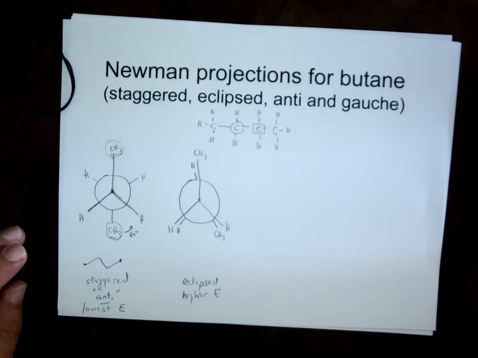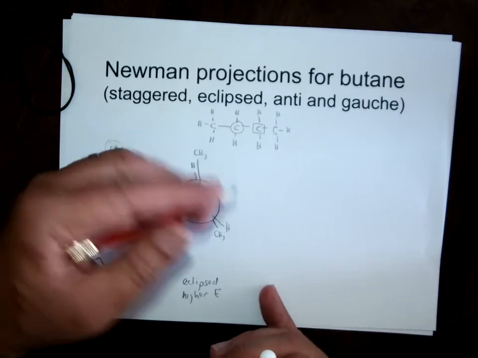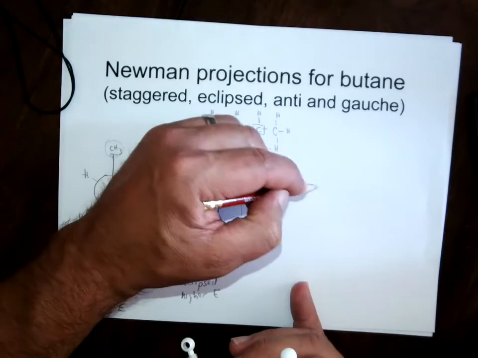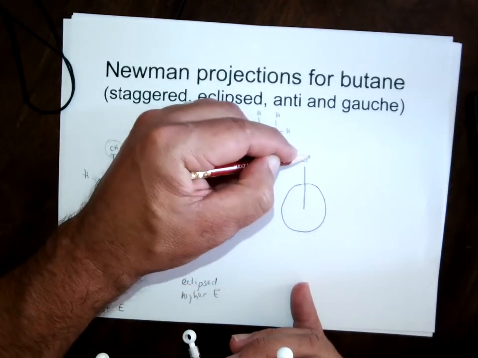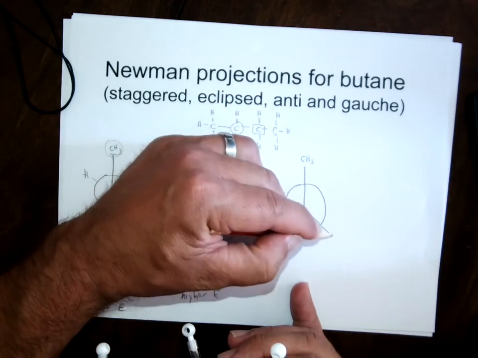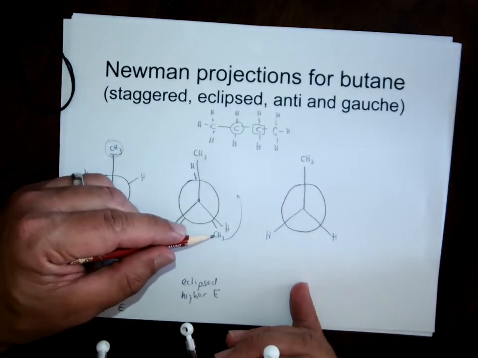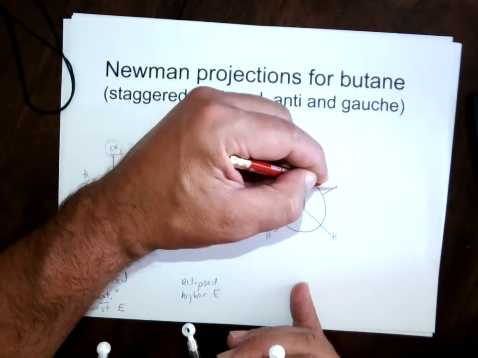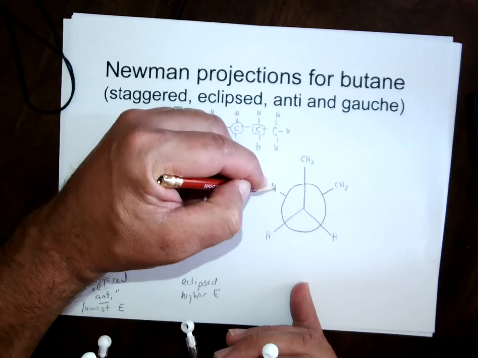Now if I continue to rotate there, and I have the stuff on the back carbon rotate another 60 degrees, again the stuff on the front carbon I'm keeping in exactly the same place to keep it mentally simple. If more things stay the same, it's less active thinking. But now the methyl on the back carbon, carbon 4, is going to continue its journey, and that'll bring us into another staggered